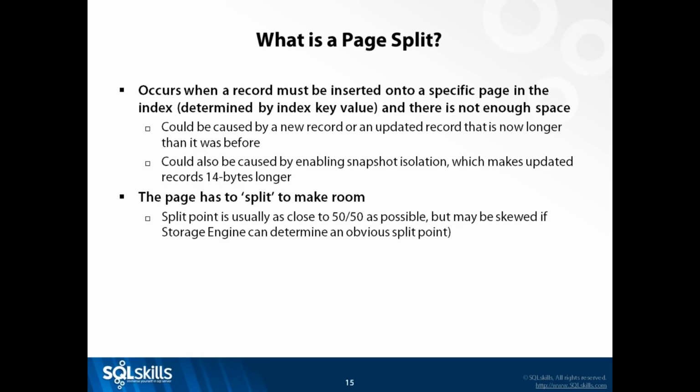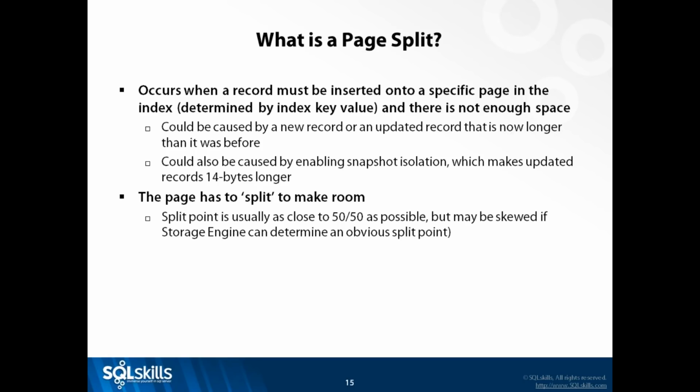One of the things that you might not realize is that if you start using snapshot isolation, either read committed snapshot isolation or just snapshot isolation, anytime a record is updated, then there's a pre-change version of that record pushed into the version store in TempDB. There is also a 14-byte tag added on the end of the record with a timestamp for when the record was last changed and a pointer to the pre-change version of the record in the version store. That 14-byte tag makes the record longer. If there isn't enough space in the page for that, then the page has to split.